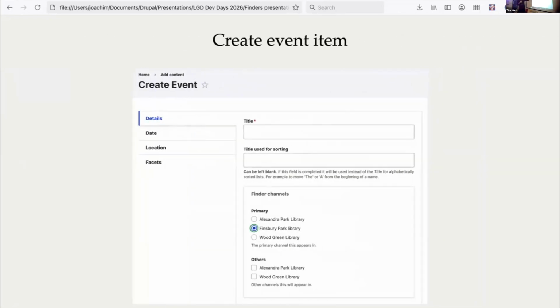And then you create an event item. This looks very much the same as LGD directories. You get to pick the channels, you get to pick the primary channel, and then the other channels. I actually just saw the other week an interesting looking contrib module called something like primary reference field. It's a custom reference field type that stores a multi-valued reference, but marks one of them as the primary, stored in the database as an extra column. And I did wonder whether we should switch to using that